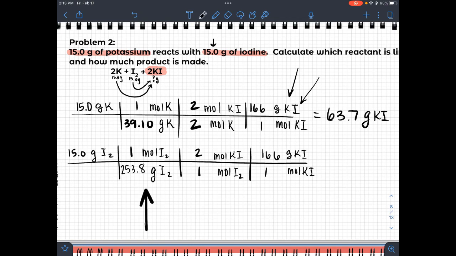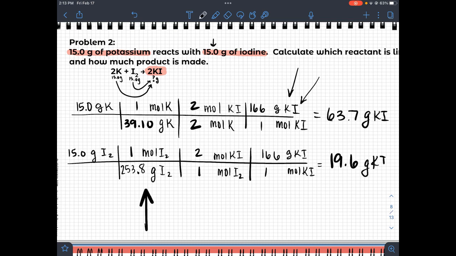That's the molar mass of I2. All right, so let's calculate. I've got 15.0 times 2 times 166 divided by 253.8, and I get 19.6